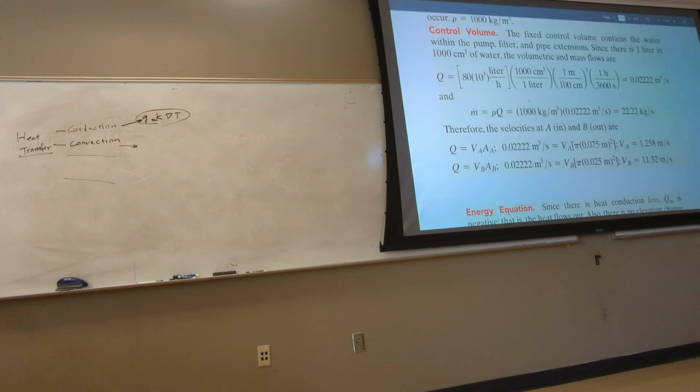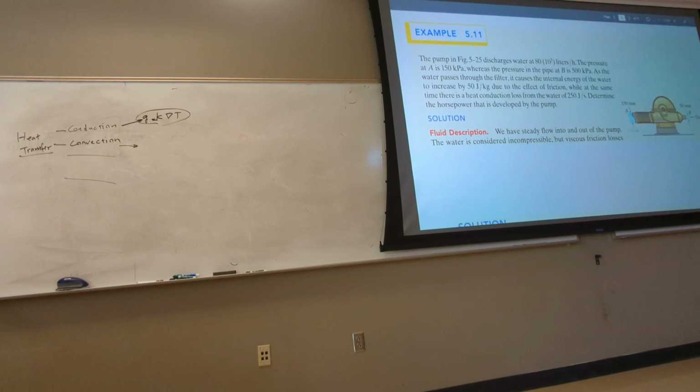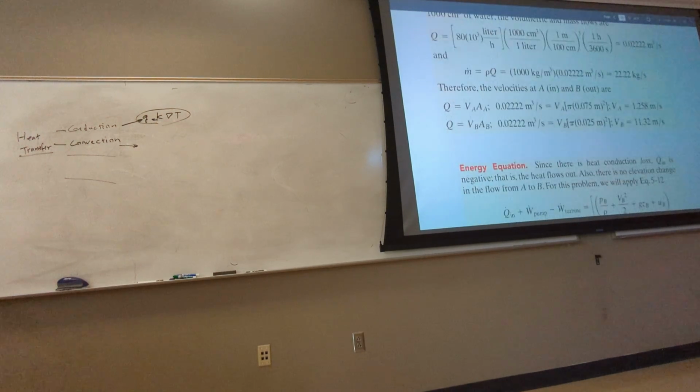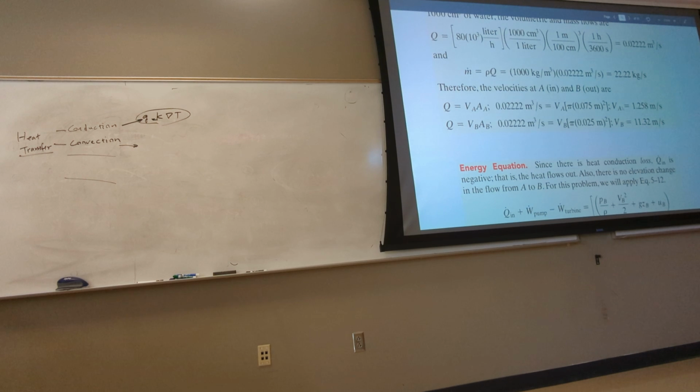Find the m dot, and then based on Q, you got a Q. Q is what? The volume rate, V times A. Right? You substitute the value of A, you have Q. Q is the same everywhere. Why? Because you have one inlet, one outlet. You see that? There is no other exit. So Q is the same, incompressible flow. So you have V_A A_A equal to V_B A_B. So we put values here in meters squared times meters per second. You get for V_A 1.258 meters per second, and for the other one you get 11 meters per second.